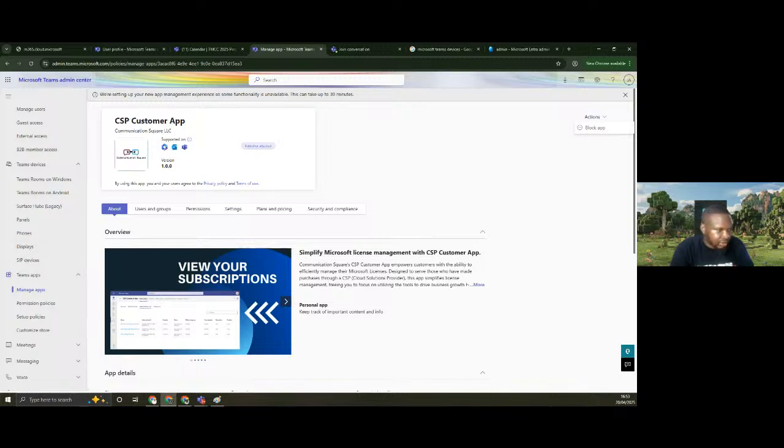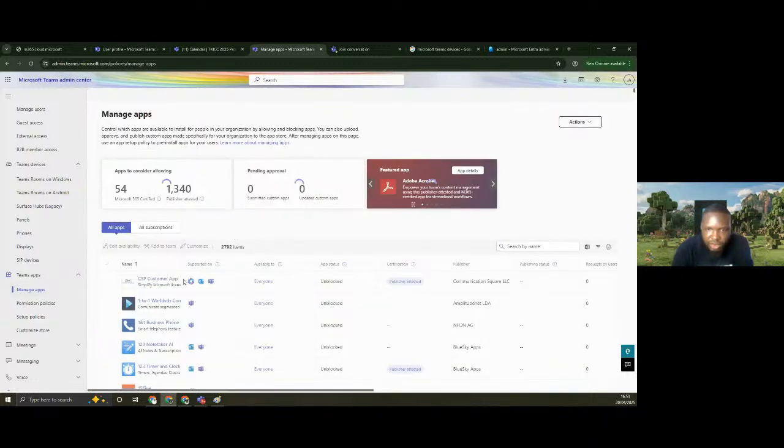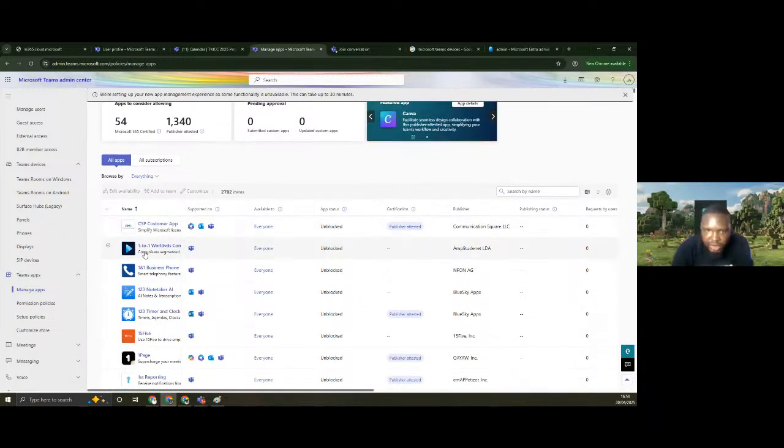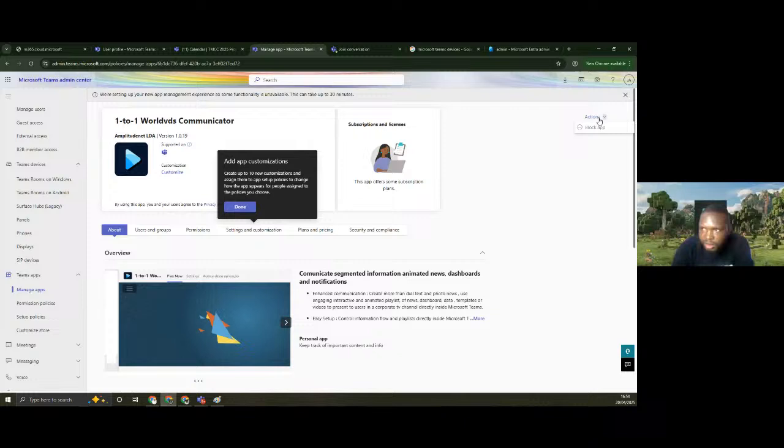So that's supposed to come up. I'm just waiting for it, perhaps it's loading up. I'm not sure why it's trying to delay. But that's where you can block applications. Let me just come back. Oh, this was telling me to unblock as well, so this was blocked already. Let me just test with one again and see if I'm able to block it. It's still not loading up, but ideally, I'm supposed to be able to block this application from there.